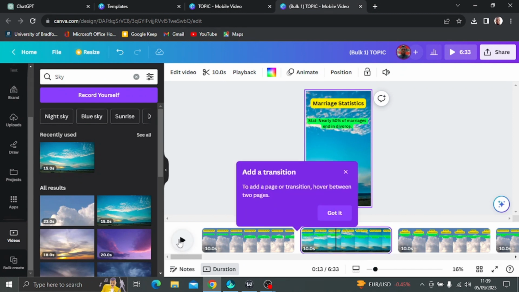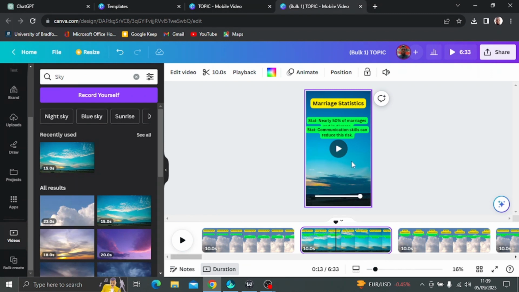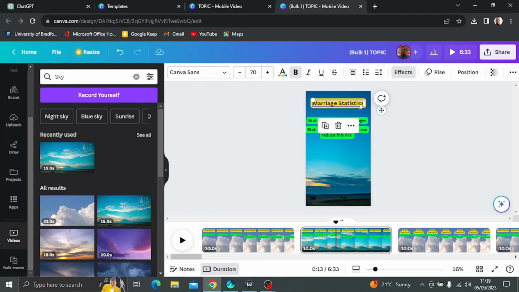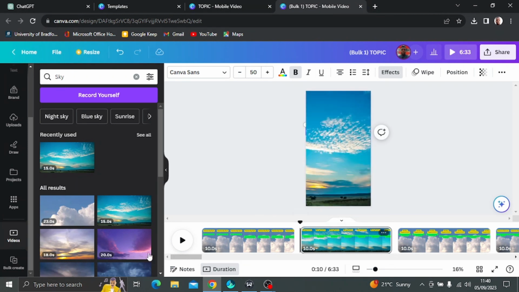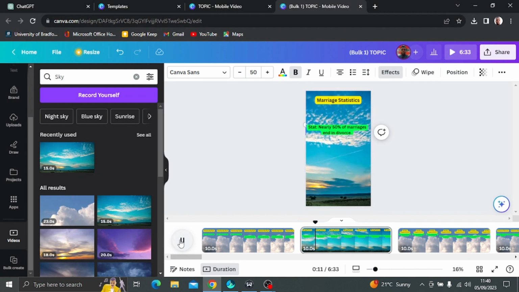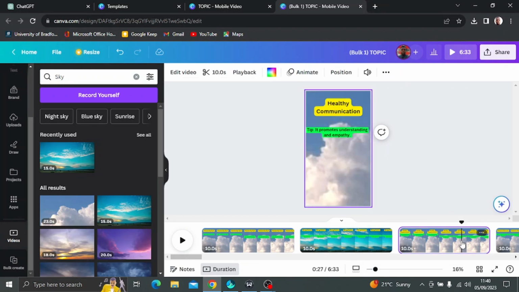Now it doesn't stop here. You might not like the color and the contrast and all of that. Everything here is still adjustable. You can adjust things, move things here and there, left and right. As a matter of fact, if you want both to be on the same page, you can do this. What happens? When you start from the beginning, the second will not show up until the first one has finished. Can you see? And that's another thing. And then you go to the third one. This is what we have here.